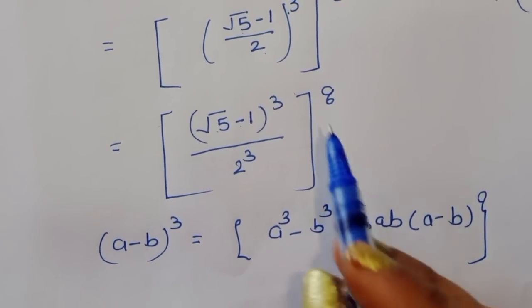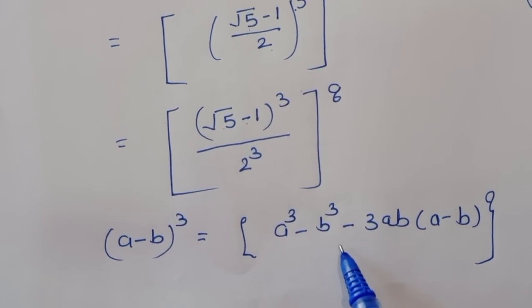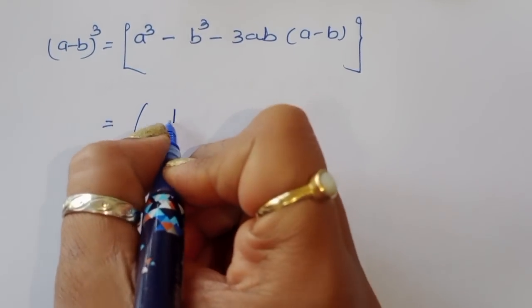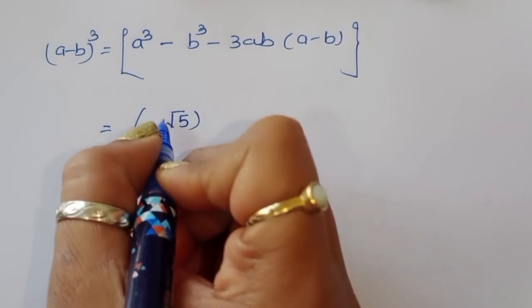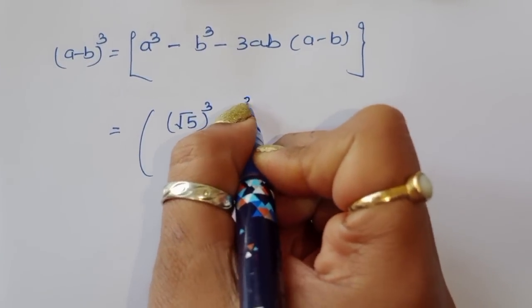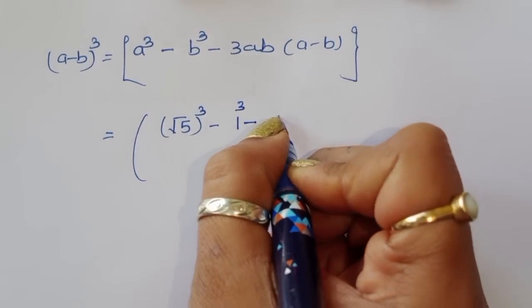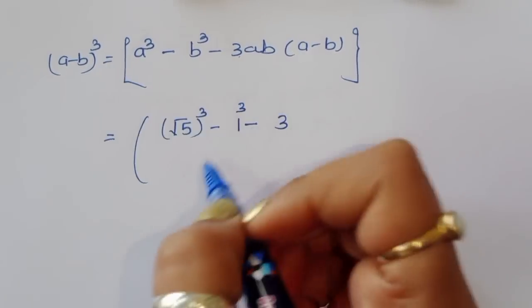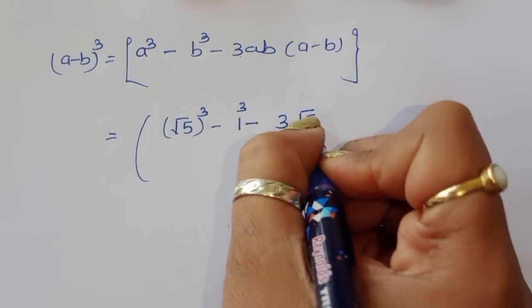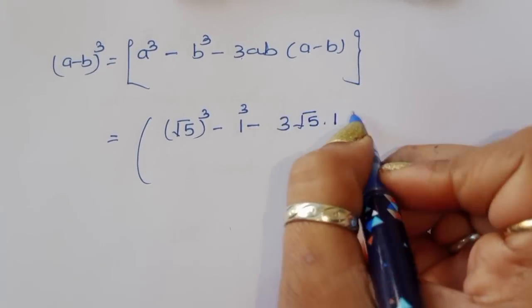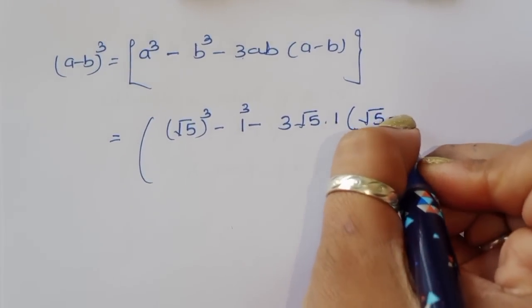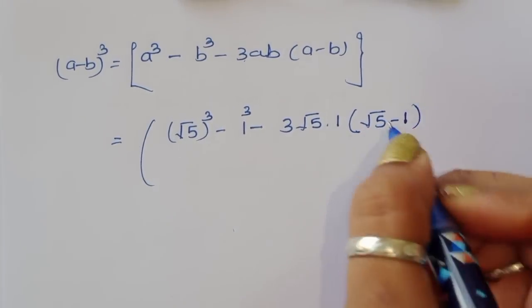Now we are using this formula here. Then we will get, so we can write this square root of 5 cube, that is a cube, minus b cube, that is 1 cube, minus 3 times ab. A is square root of 5 and b is 1. So 3 square root of 5 times 1 multiplied by a minus b, so square root of 5 minus 1, right? Divided by